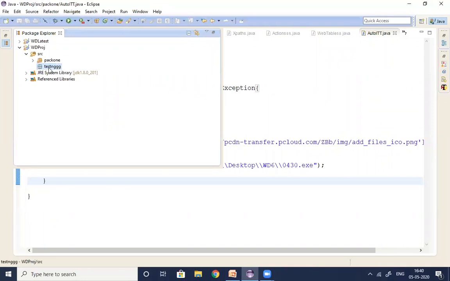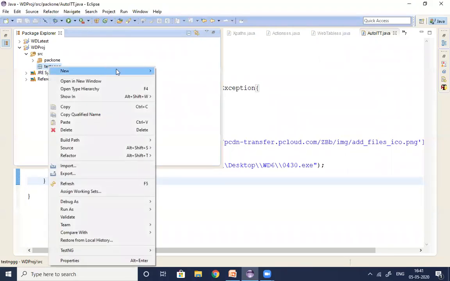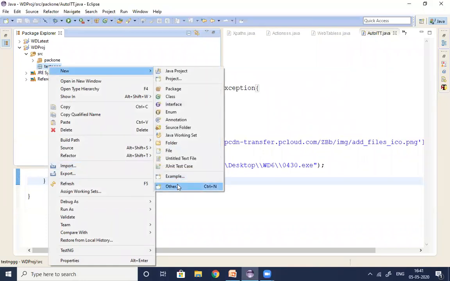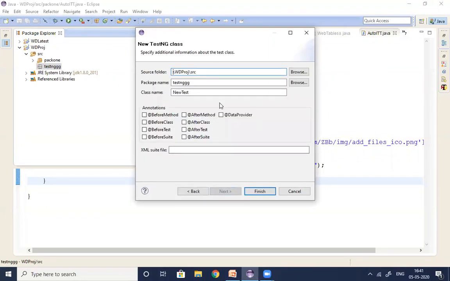How to create the TestNG class? You need not create a general class directly like this. If you create the class like this, you need to type all the annotations manually, guys. Instead of typing manually, we can directly create a TestNG class. How? New, Other. Just click on Other here, and you can see TestNG. In TestNG, I'm double clicking on TestNG class. When you double click on the TestNG class, it will ask me to specify the class name. I'm giving the class name as AnnotationsDemo. Any name you can keep here.